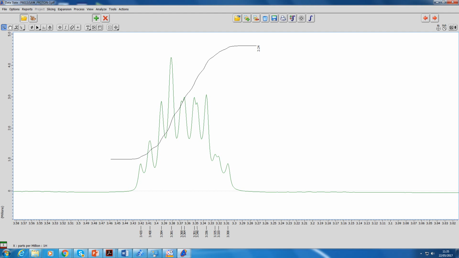So we label all these peaks now. You can do the same for everything else if you want. We can do integration, we can zoom in, we can label chemical shifts. Overlay might be something else you might want to do. So in this example,